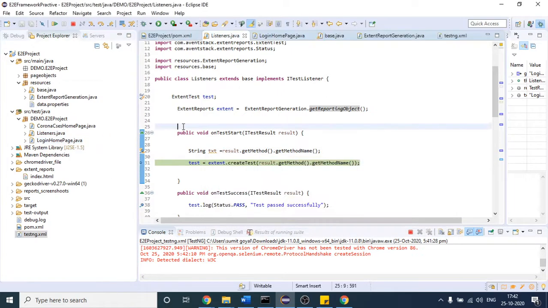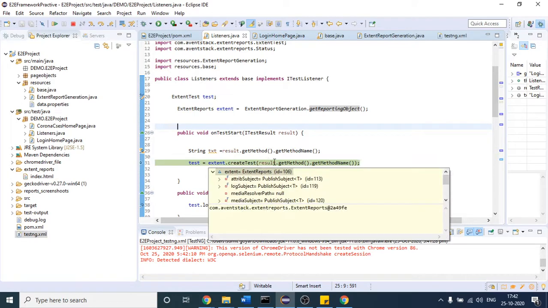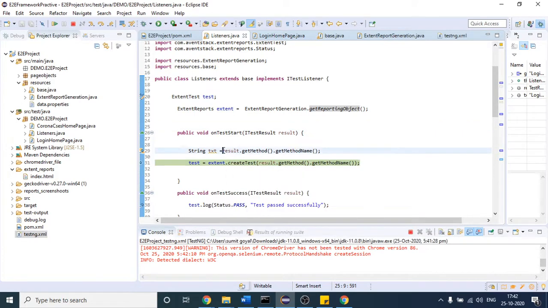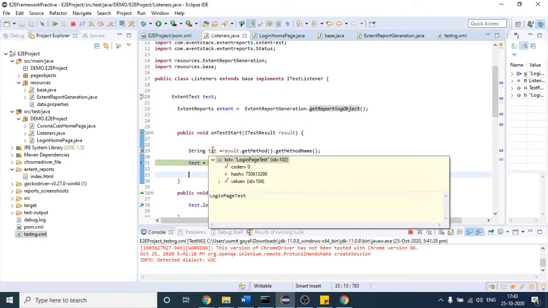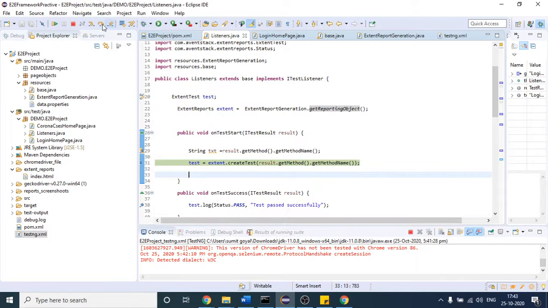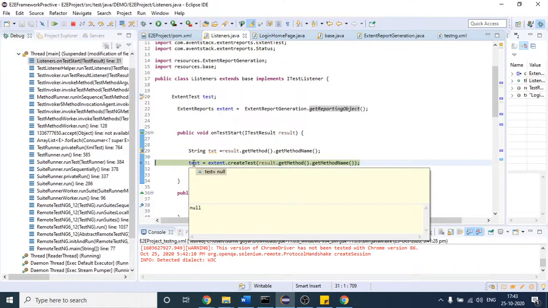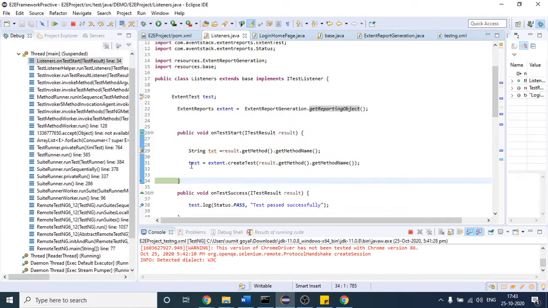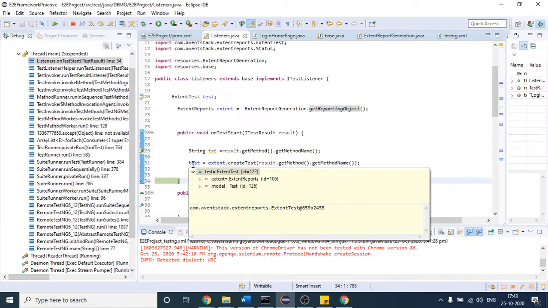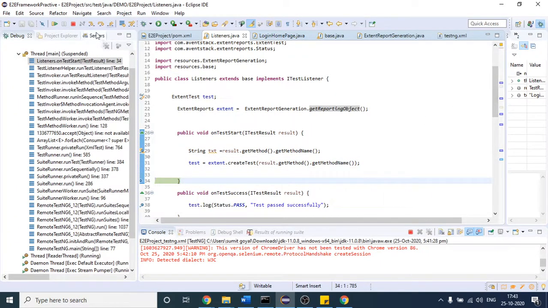So it will fetch the test case name, and after that I'm saying create one test case inside my index HTML file with this name, right? So it will create. After that, whatever object it returns to us, I am catching it in my test object. So you can say it will have some life. After that, I think our test case is going to run as usual.